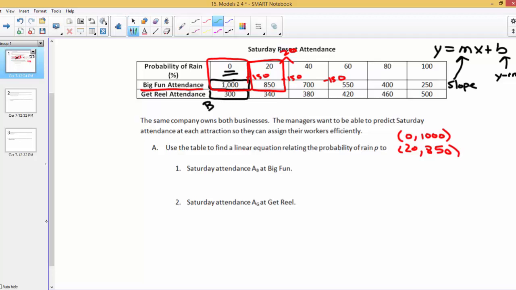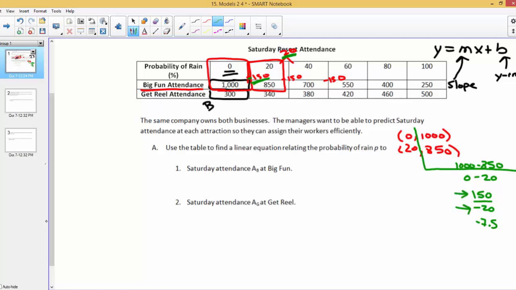So once you have your two ordered pairs, you drop the line here, and you're going to do 1,000 minus 850 over 0 minus 20. So 1,000 minus 850 is 150. 0 minus 20 is negative 20. And 150 divided by negative 20 is going to be negative 7.5. So remember, as x goes up by 20, y is going down by 150. So up by 20, down by 150. That's how we just got the